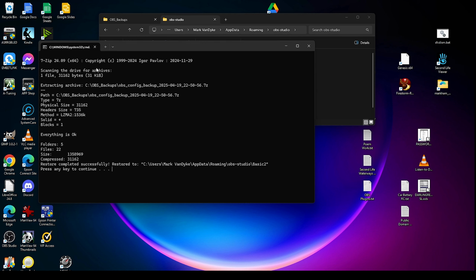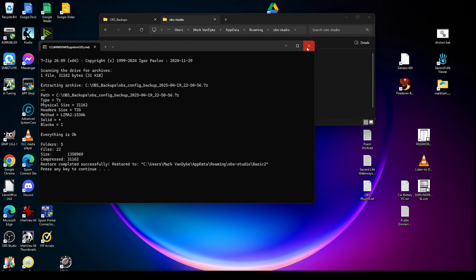And I just used the 7-zip. I did the restoring just now, and I'm using a specific backup folder called Basic 2 for myself. So I'm in OBS right now, and I don't want to overwrite what I'm doing while I'm doing it, just in case. But so I'll show you how this extracted